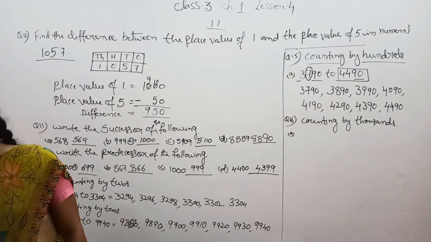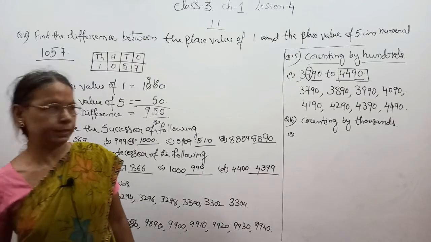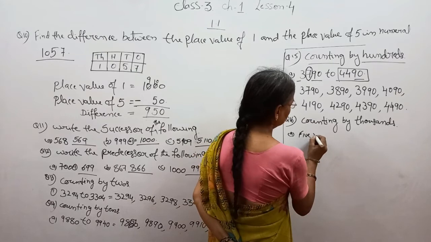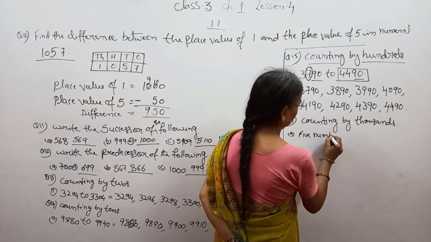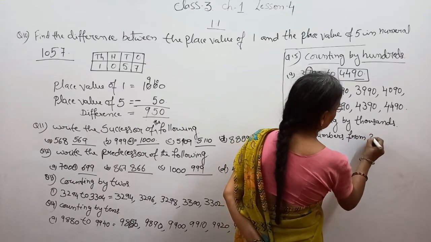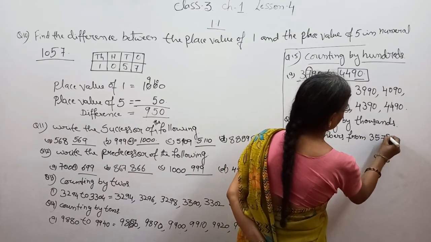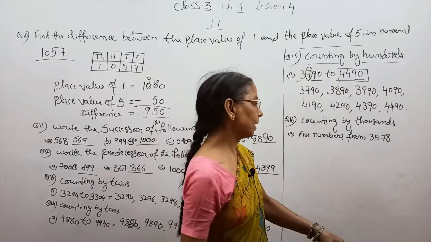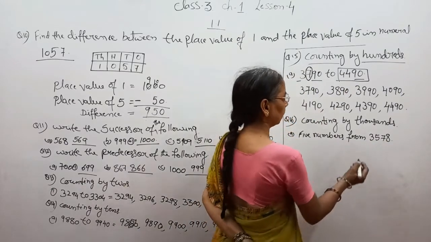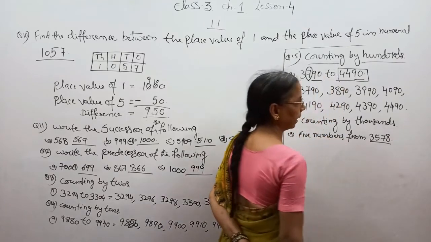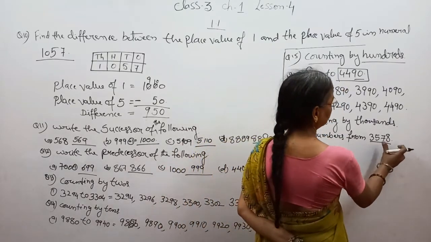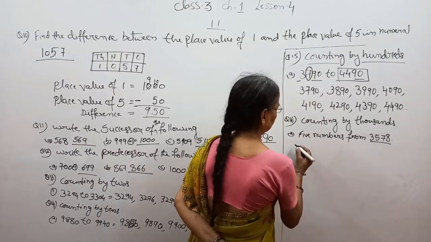5 numbers from 3578. अब हमें नंबर लेना है स्टार्टिंग 3578, शुरू फ्रॉम दिस नंबर वी हैव टू राइट अदर 5 numbers। इसके बाद हमें 5 नंबर और लिखने हैं, that is